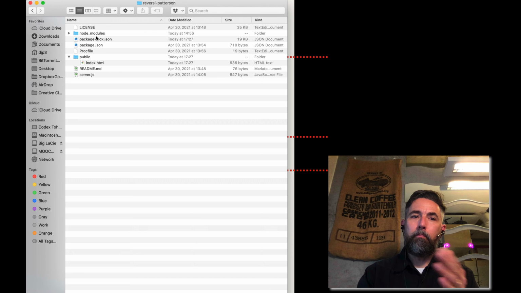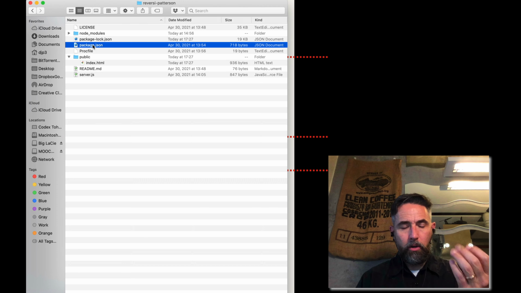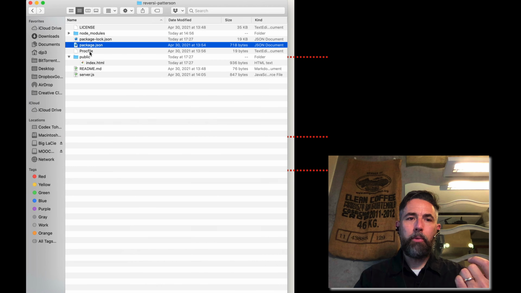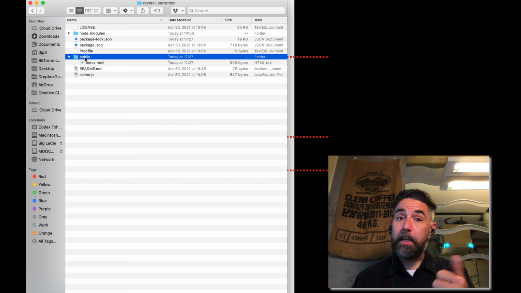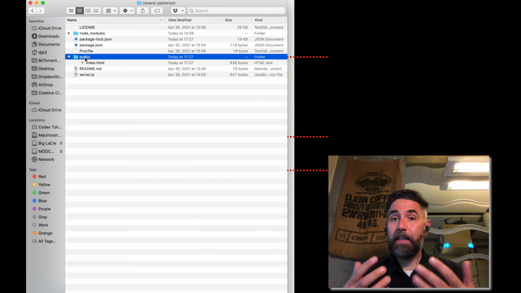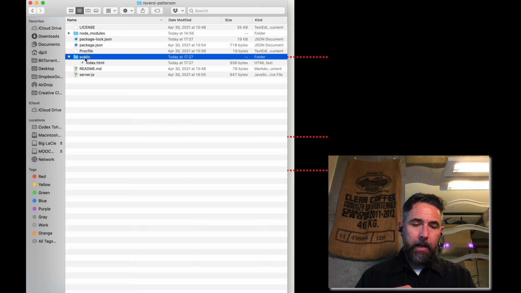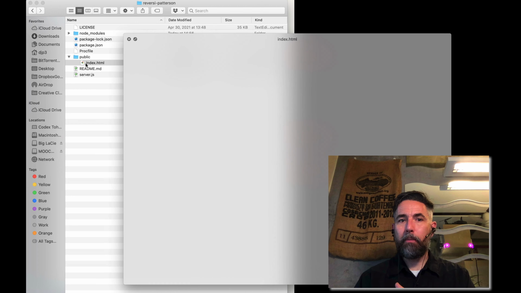You should have the node modules, the package.json, these files giving indication to Heroku and your own computer about what kind of setup you have for your application. Procfile tells Heroku how to launch your program with web node server.js. Our public directory contains all of the resources and assets that we will deliver to people who access our web application. And so right now it has just a blank index.html file, which we set up last time, that just says,